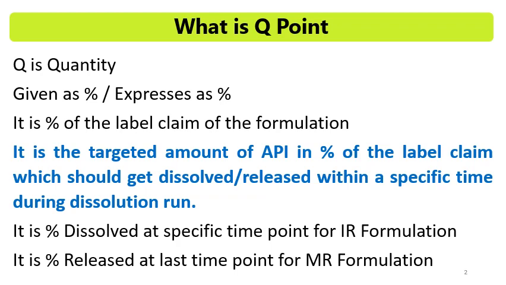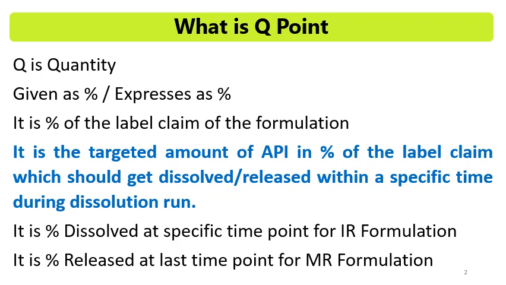Now, after considering this as a label claim percent, or percent of the label claim, you relate this to the dissolution or drug release. Now Q point becomes the targeted amount of API or drug substance, in percentage of label claim, which should get dissolved or released within a specific time during the dissolution run. So once you start the dissolution,